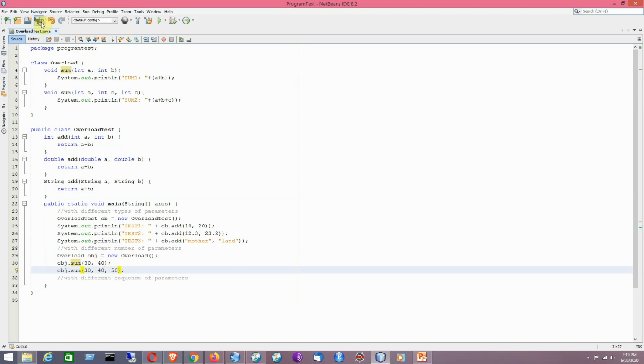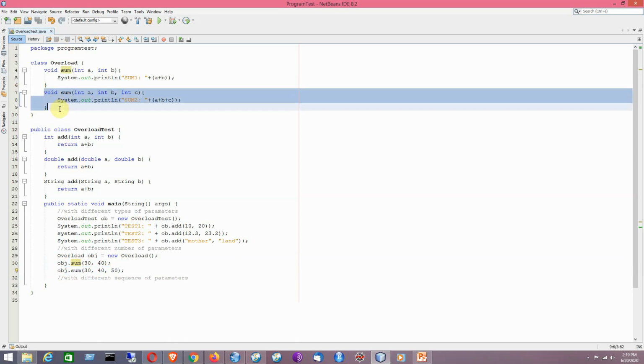Now if I write this particular method call, it will be calling the second version of the overloaded method of sum. Just have a look at the number of parameters here. By looking at the number of parameters, you can understand, based on a particular method call, which version of the overloaded method will be called.